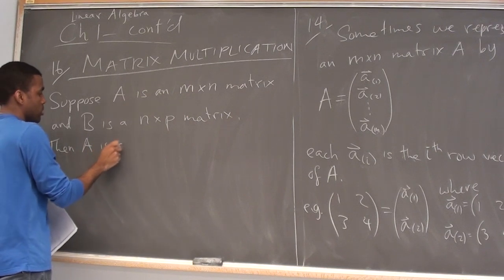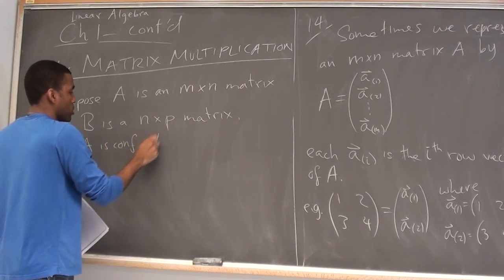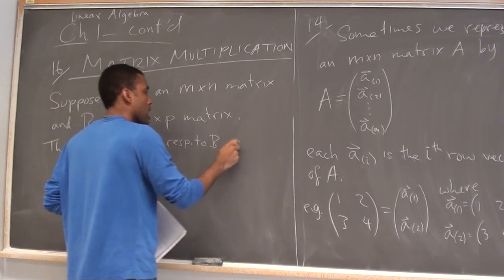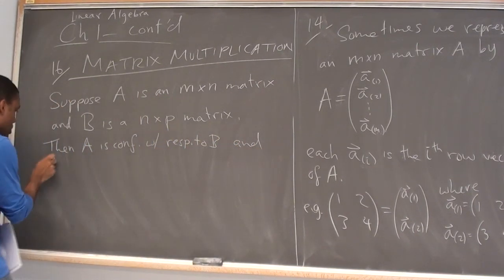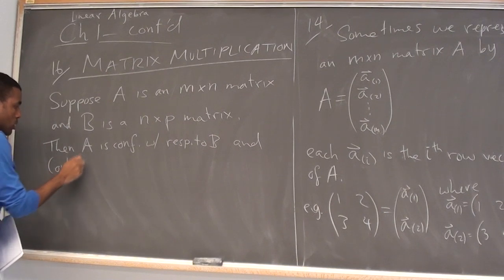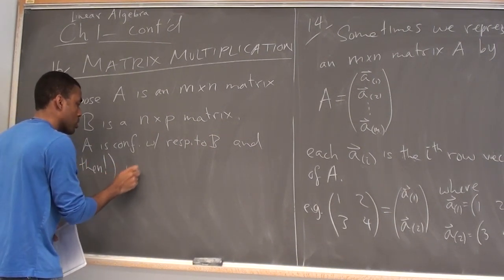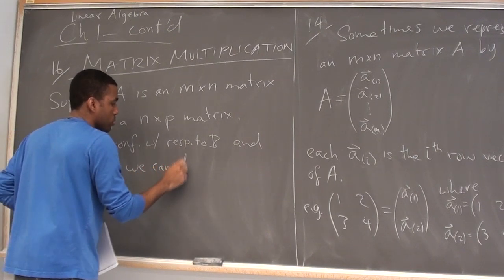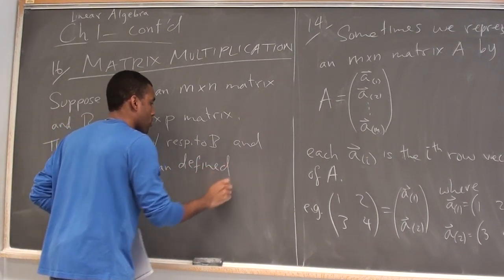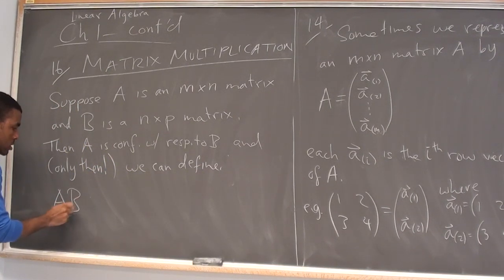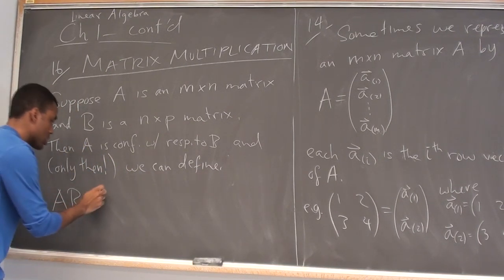Then A is conformable with respect to B, and only then we can define A times B to be the matrix given by